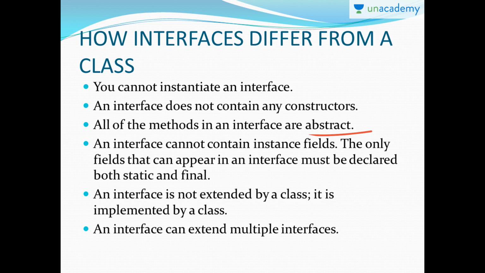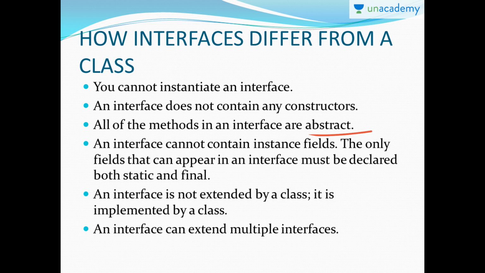The next difference would be that an interface will not have any instance fields. It will not have any instance fields because an interface cannot be instantiated, so it cannot have any object calling through it. So an object will not be created, and there would obviously be no instance fields, right? However, a class will always have instance fields, that is, it would have an object to call its other methods or to access its methods. So a class has instance fields, whereas an interface will not have instance fields.